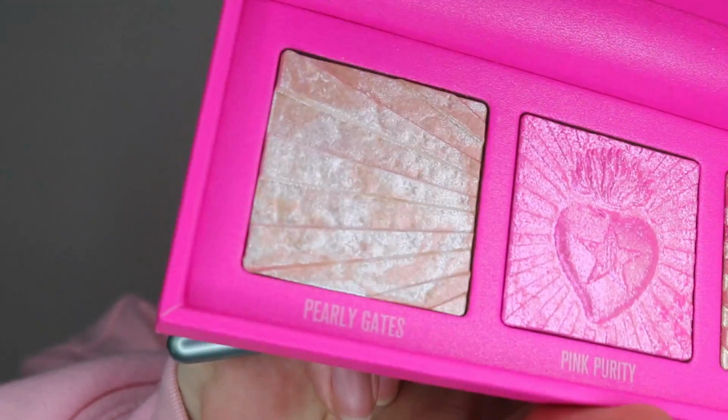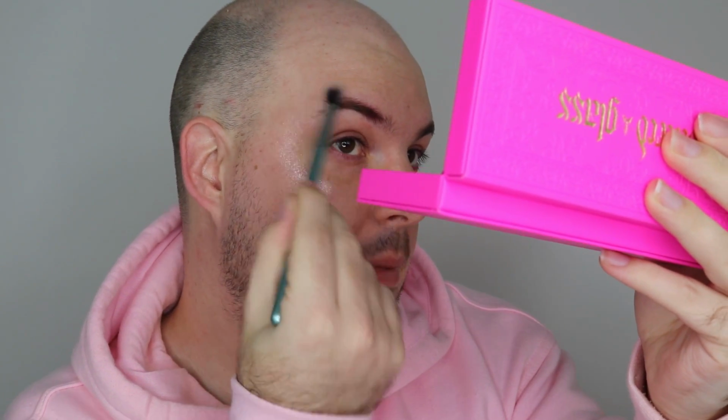I'm going to go into Pearly Gates first, which is the first shade in the palette, and pile that up. I'm going to drop my brush first of all, and then I'll pile it up on my cheeks. Now first I'm going to go in with a brush just to, oh yes. So remember in my first video where we had Extreme Frost and I was like, oh, if he did a pearly white it would be game over. This is that pearly white. I'm going to go in with my fingers because fingers always work better with these, and you can really,